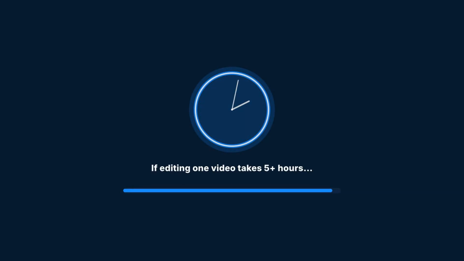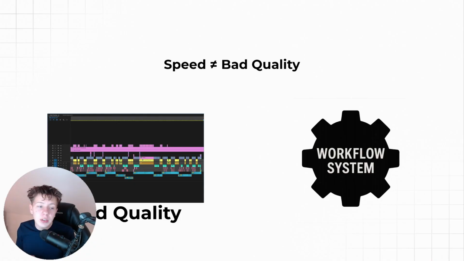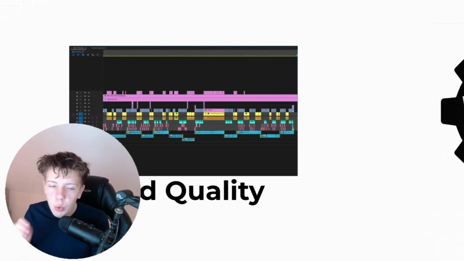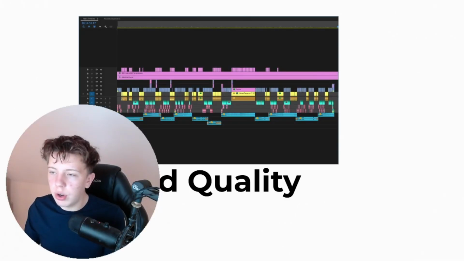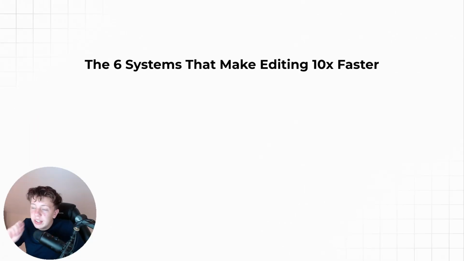If editing one video for you takes 5+ hours, you're losing out on money every day. Most editors believe that being faster means losing quality or rushing. But great editors build speed into their workflows, because the faster you can edit as an editor, the more you can earn. So today I will expose the 6 systems that I use every day,